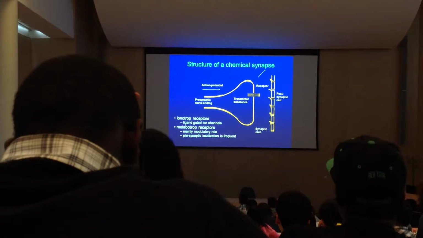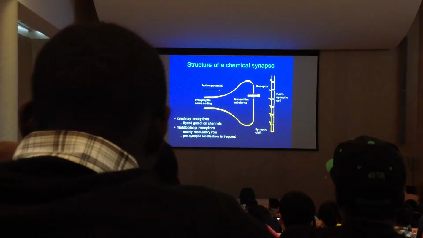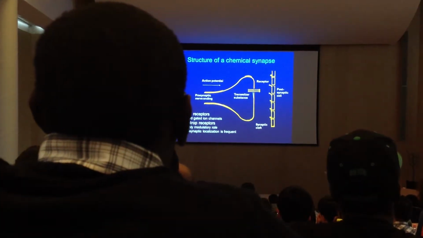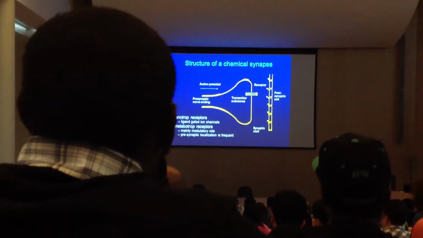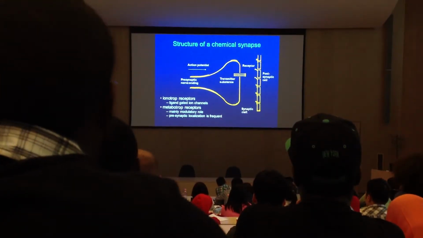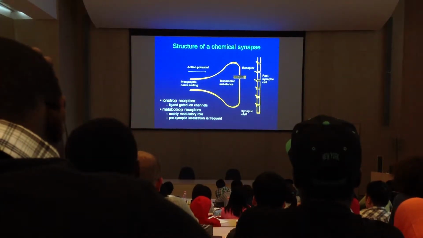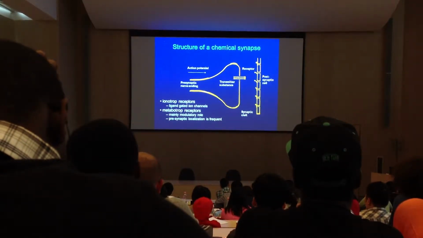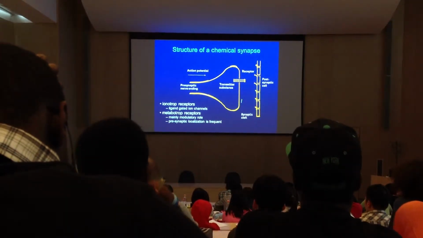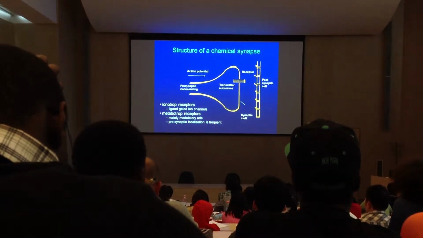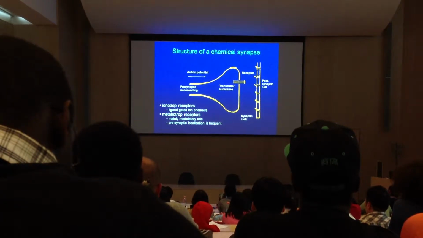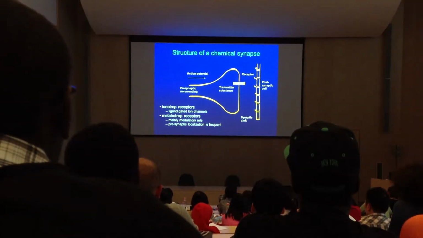The chemical synapse nevertheless can be, and is, influenced by other means. So both the presynaptic and the postsynaptic cell have metabotropic receptors which have a modulatory role on how the synaptic transmission works. Very frequently, these metabotropic receptors are found on the presynaptic cell and are the target of those drugs or medications that we use.